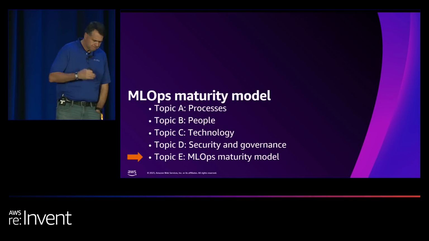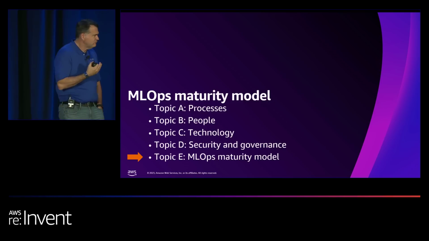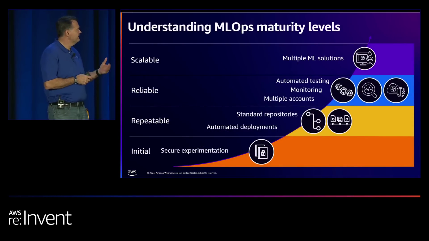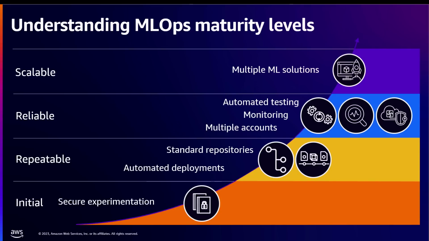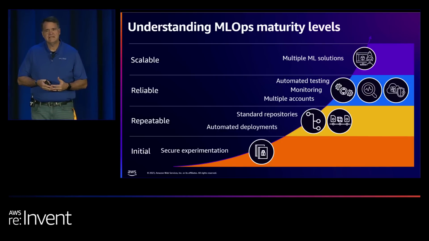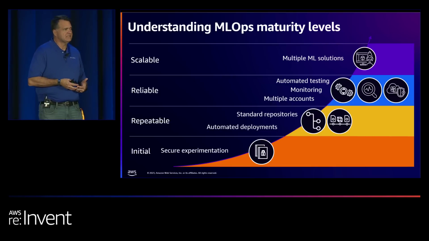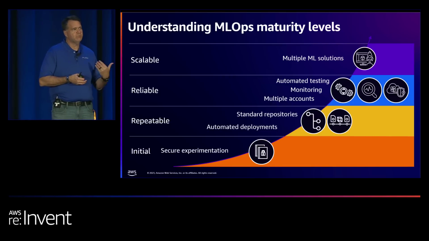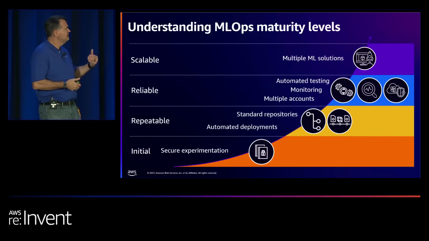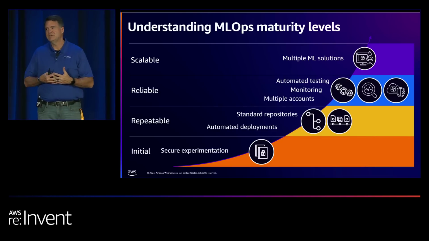Okay, finally, let's talk about a maturity model here and look at the 4 stages of an MLOps maturity model. And maybe try to figure out, as you're looking through this, where you might fall on these 4 different stages. So you have initial. Initial is typically, we're experimenting here. We move into repeatable. We're starting to implement some pipelines, some automation here in the repeatable state. Reliable, maybe now as we are automating things, we are also automating a lot of our testing processes here. We are starting to see that we can bring on more automatic testing, more monitoring capabilities as well,